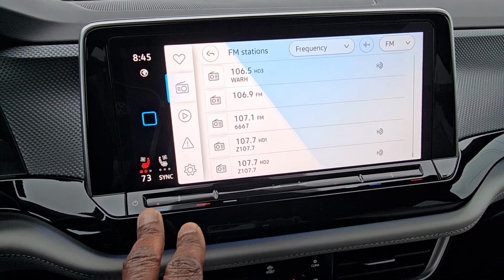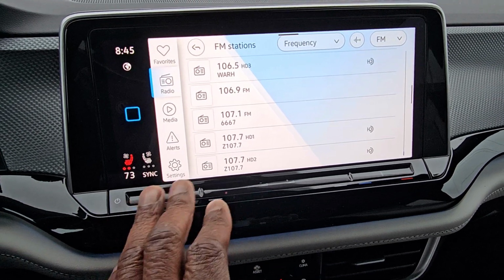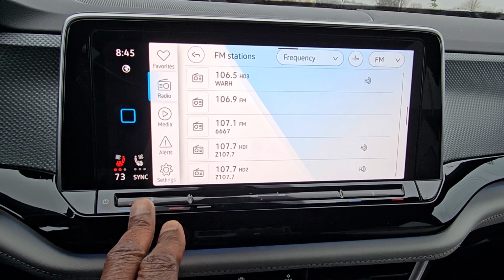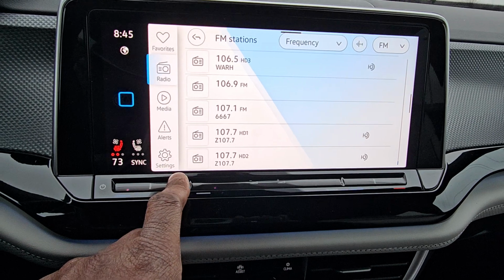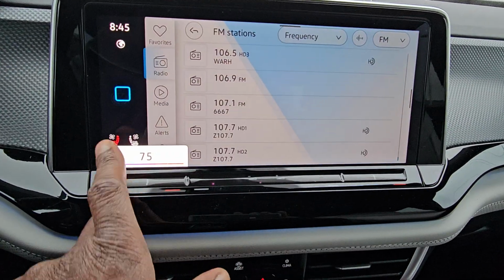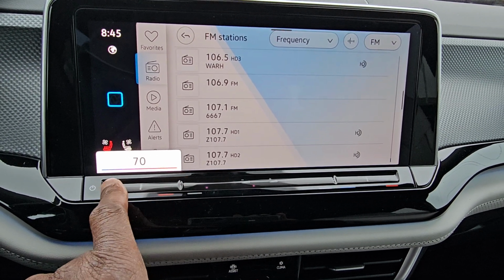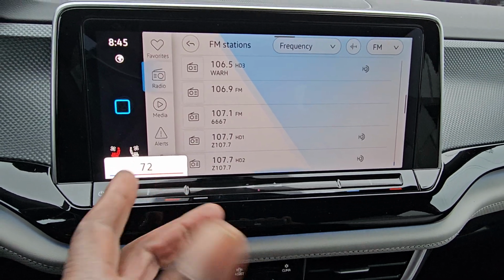Back to the infotainment screen here. These are not backlit, these little guys down here, but you're not going to be messing with these while you're driving, not necessarily. So climate control, you're probably going to have that already set. You can tap the red to go warmer, tap the blue to go cooler, or like I said, you can swipe from red to blue to go cooler, or blue to red to go warmer. So you can do that just right there,